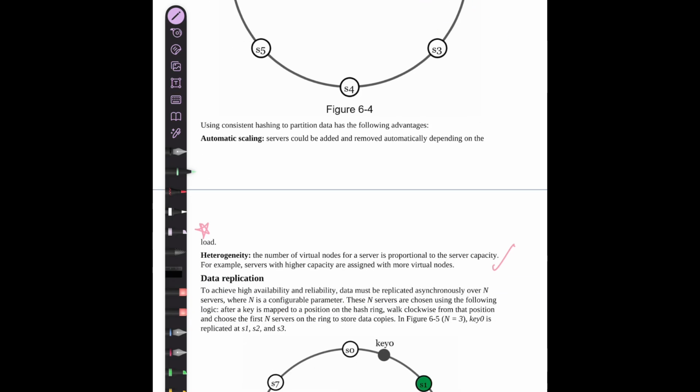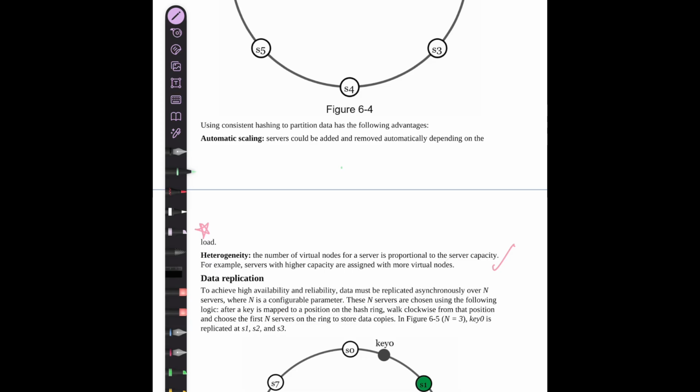And then there's also a concept of heterogeneity. For example, we talked about virtual nodes, right? I'm not explaining the concepts here again, because we already discussed them in consistent hashing. You might go and revisit that. But we discussed the concept of virtual nodes. Why was it necessary? Because we wanted each server to have an equal amount of data. In order to do that, the servers need to be distributed equally on the ring. So we make virtual nodes corresponding to each server.